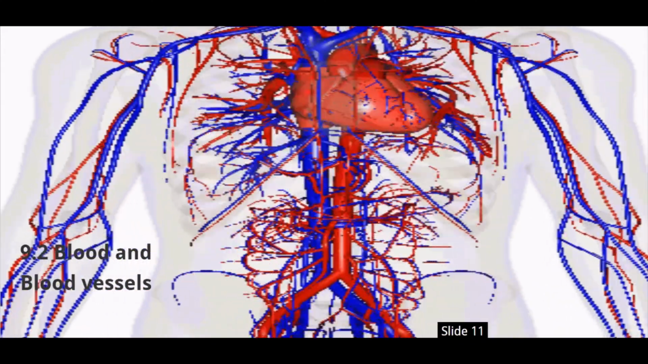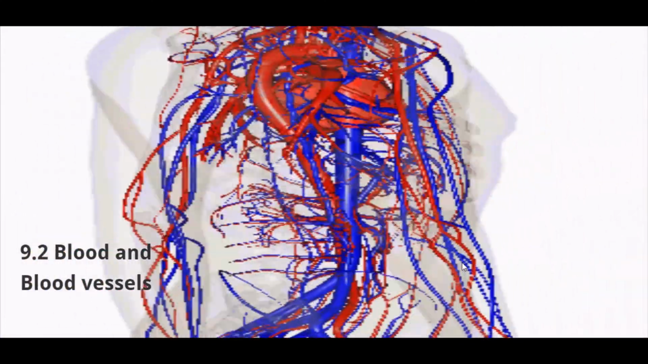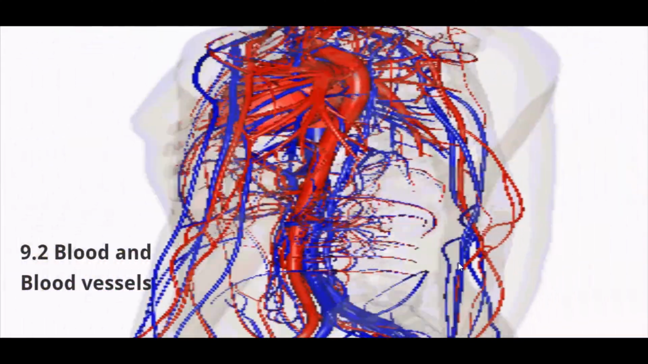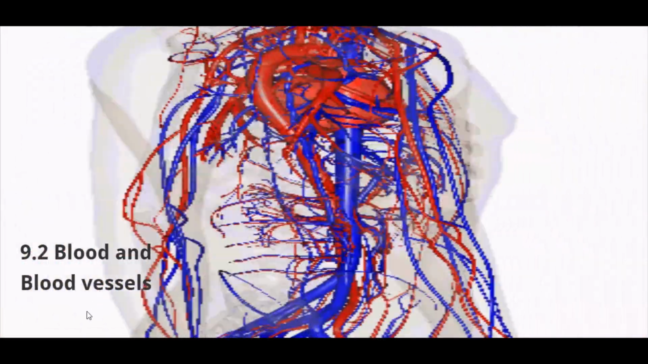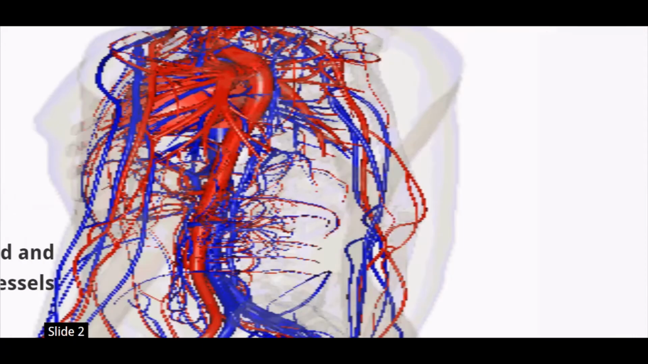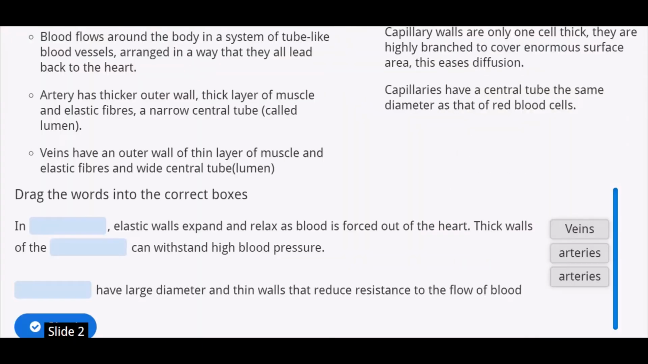Hello students, today we'll be continuing our lessons on transport systems in animals, the circulatory systems. On this episode, we'll be looking at blood and blood vessels. Blood flows around the body in a system of tube-like blood vessels arranged in a way that they all lead